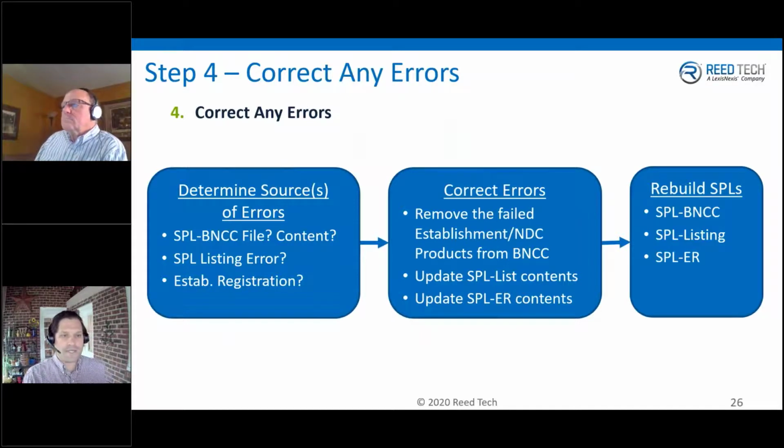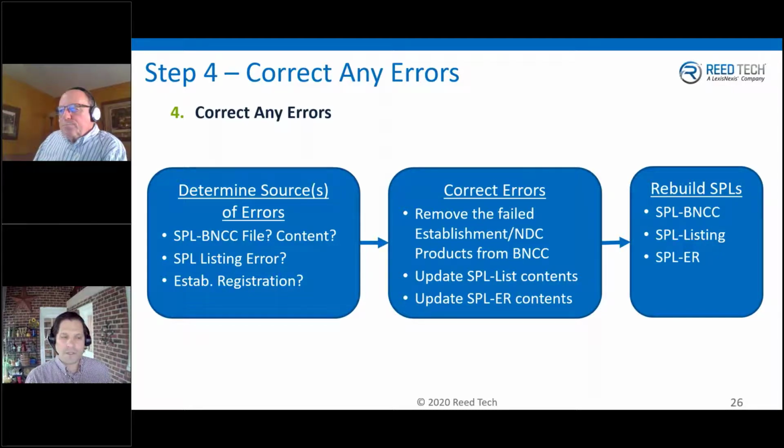But if for any reason an error does come back, that's where we then want to really review what the errors are. This is where an organization might start considering, well, what is it, right? Is it a facility that's causing this error? Do we have a manufacturer who may have been doing no changes that now doesn't have an accurate representation of their business processes? Is it an error with one of our product listings? Or is it just an error with maybe one of the DUNS numbers referenced in our blanket no change certification file? So really reviewing and determining the source of those errors is a key step here within correcting the errors